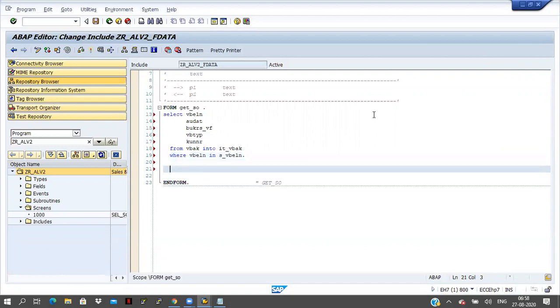So you already know about this one, how to write the select query.